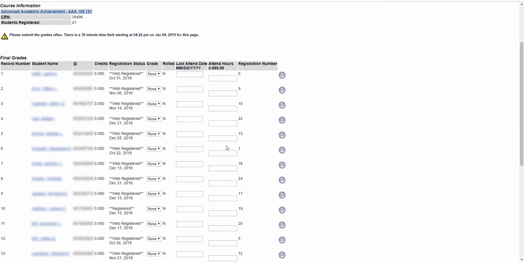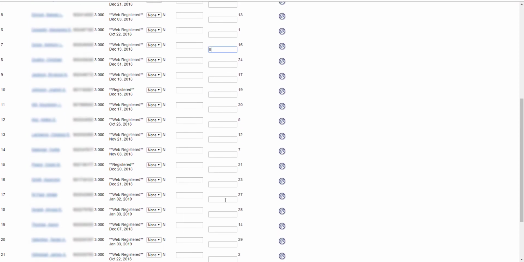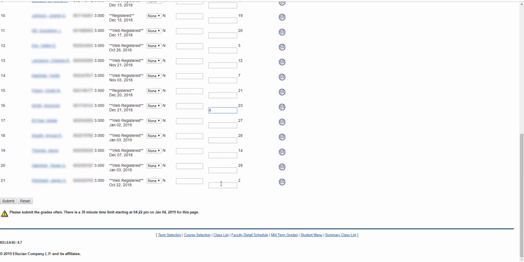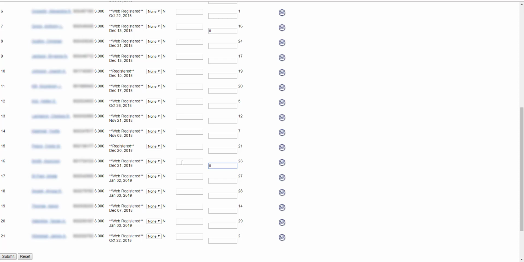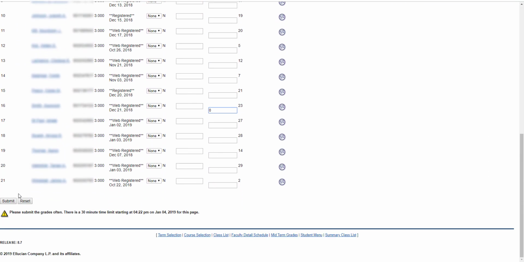So carefully go through and be sure to find the student for which you're entering a no-show 0. Enter your zeros. Ensure that you selected the correct students, and when you've done so, go to the bottom of the page and